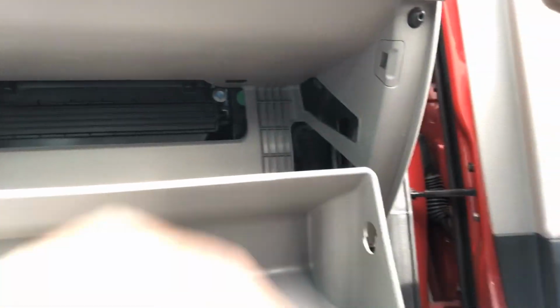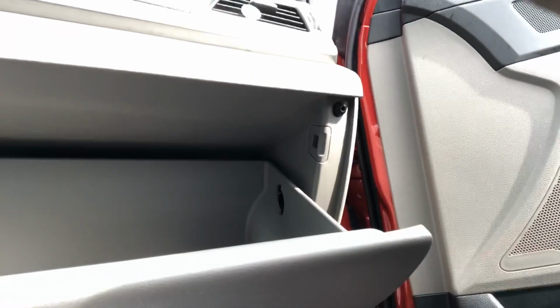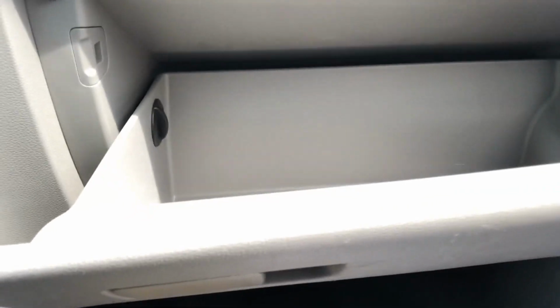Okay, now I'm going to put back these tabs. These little tabs lock the glove compartment. Fall down. So you put in and twist, and there you go. So that's how you change your cabin air filter in the 2017